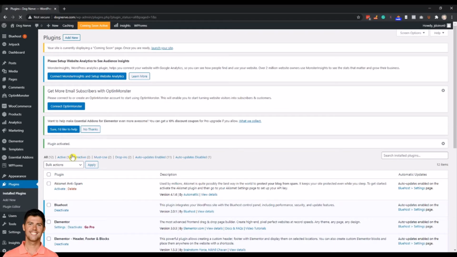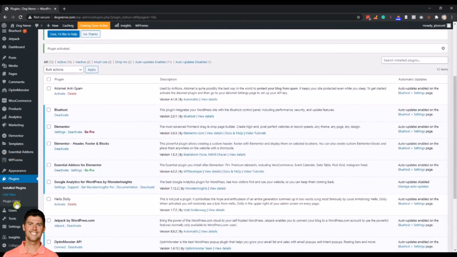An important thing, what I mentioned in the last video, is as you can see, Elementor and Essential Add-ons are both in the left-hand panel as their own section or page, but you don't see Elementor, Header, Footer, and Blocks. To see that, you actually have to go to Appearance, and you'll see Header, Footer, and Blocks within Appearance. You see how some plugins are big enough on their own where they're their own little entity within your left-hand panel, but some are just going to be embedded into other areas of the site, like settings, or